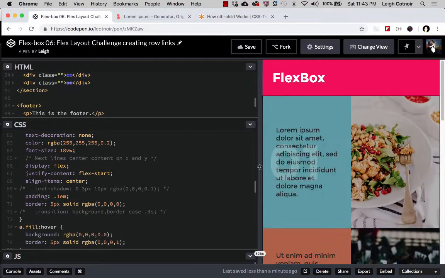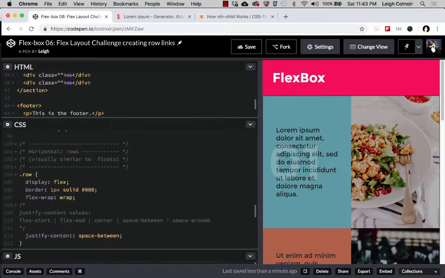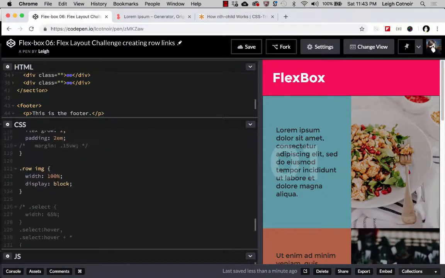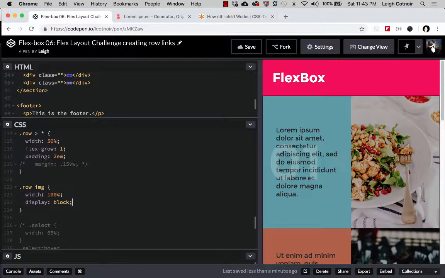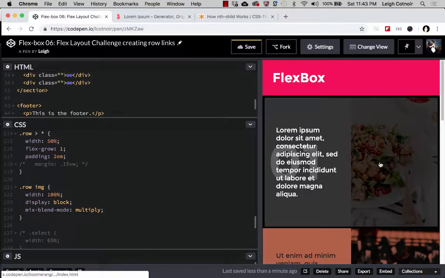So if you wanted to do something like that, you could come down here and find that image rule where it says row image, and you could set, let's say, mix blend mode, like this, and you could say multiply, or there are several different options, and you see that it turns dark,